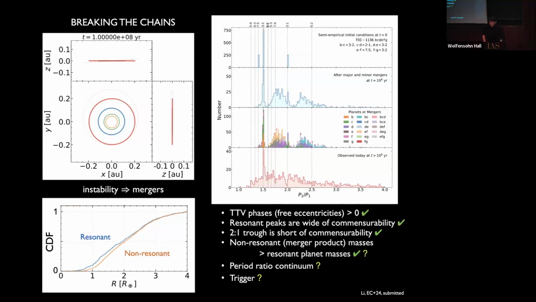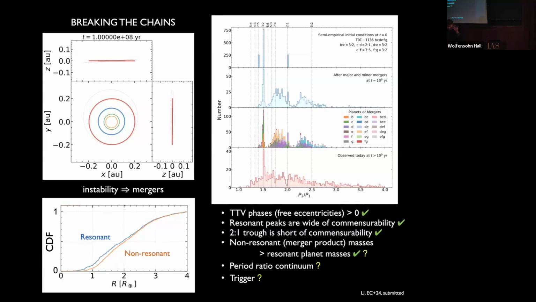Observationally, yes, it's the most prominent. There are some thoughts about this. First order, of course, is stronger. You can ask why the 3-to-2 and not the 2-to-1. There is a technical difference between the two. The 2-to-1 is affected by the indirect potential, which weakens the depth of the potential, sort of a technical reason. It reduces the capture probability by maybe factors of a few. Okay, so that's one thing one can appeal to.